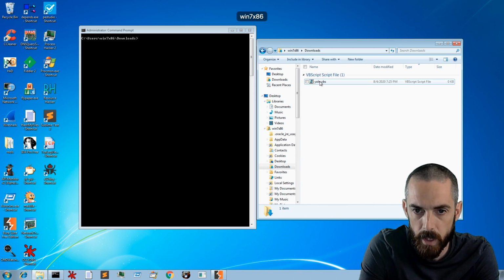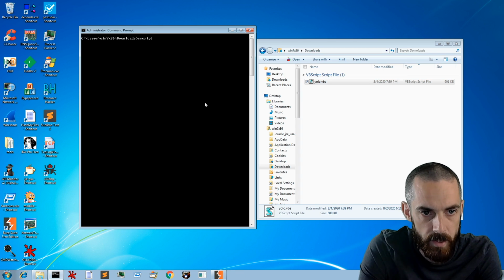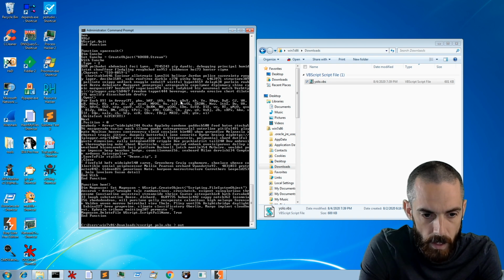Let's go to a virtual machine. Let's plug this into a blank VBScript file. We'll pass it to cscript. What do I call it? YOLO. There we go. Right, so it's nicely output for us. So we'll output that to